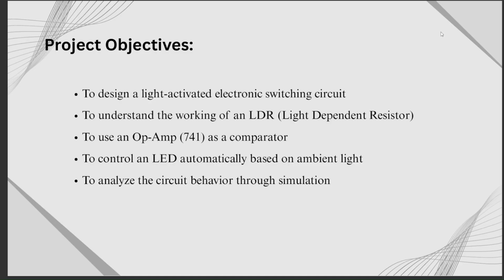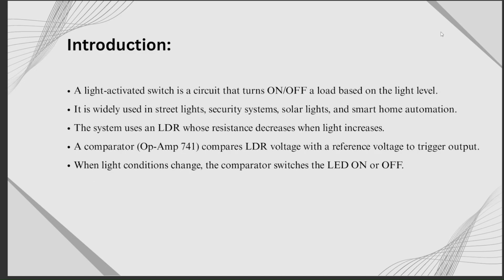A light activated switch is a circuit that turns on or off a load depending on the light present in the environment. This concept is widely used in street lights, security cameras, solar garden lamps, and smart home automation. In this circuit, the key component is the LDR. Its resistance decreases when the light increases and increases when the surroundings become dark. We feed this varying voltage to an OPAMP 741, which is used as a comparator. The comparator compares the voltage from the LDR with a fixed reference voltage and decides whether to turn the LED